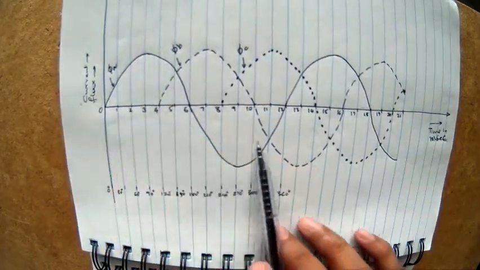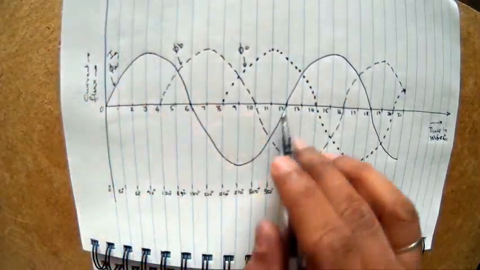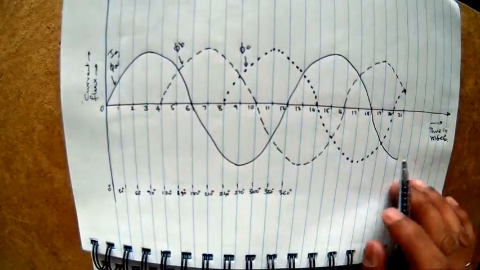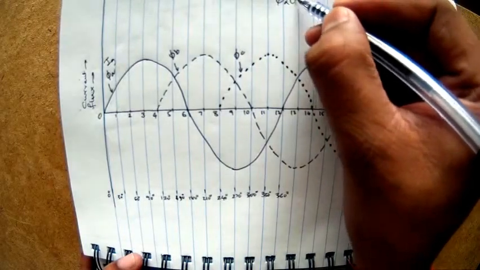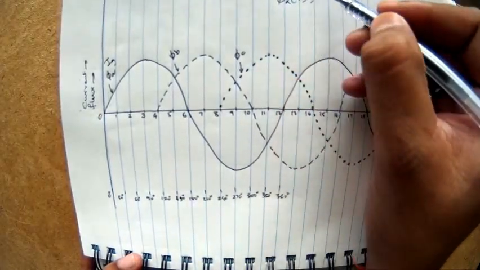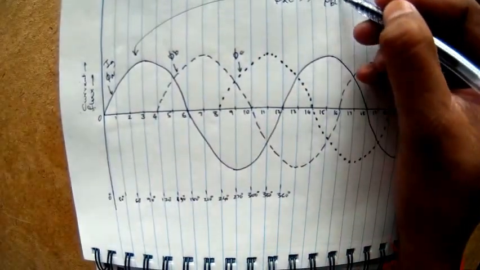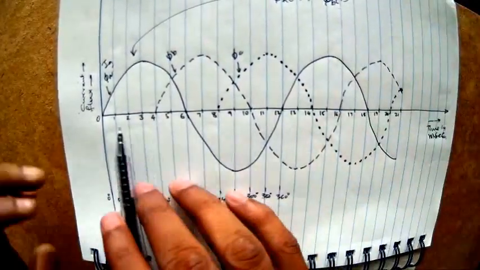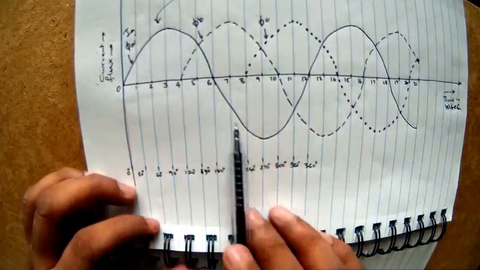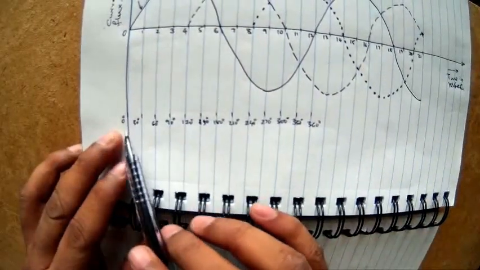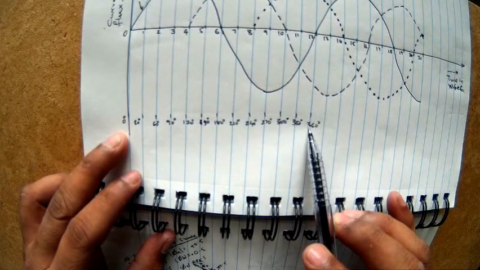So this, I can call it as IA current, or I can call it as a flux phi A. This is a magnitude with respect to time. So I can say phi A of time is the first one. Now that is this one. Now what is phi B with respect to time? So it will be 120 degrees phase shifted. Now for one cycle you have 360 degrees. I mark the angle also, 0 to 360 degrees. 12 millisecond correspond to 360 degrees in this example.